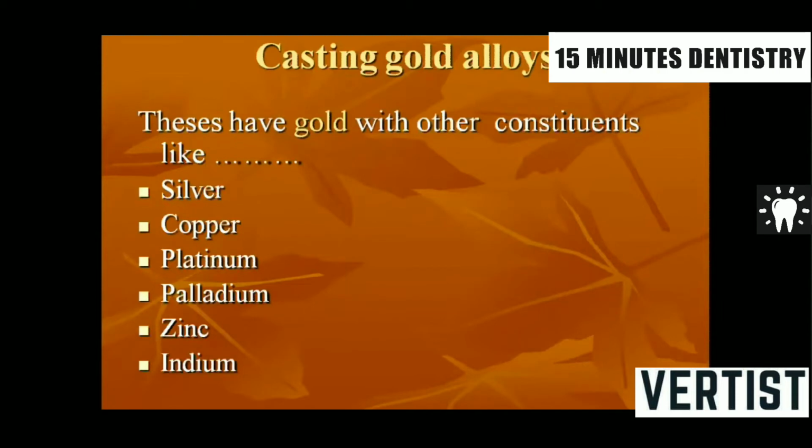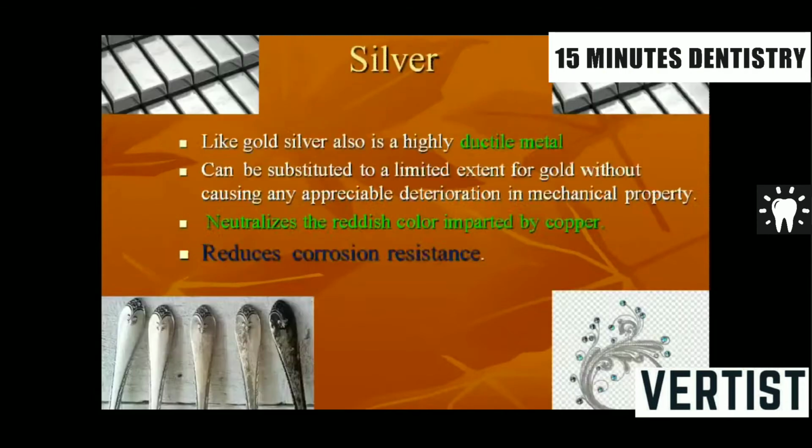So to enhance the mechanical performance of the gold, these are the metals which are added into the gold to fabricate cast gold alloys. So we are here studying cast gold alloys today. The metals added are silver, copper, platinum, palladium, zinc, and indium. At second year level, you are at the most supposed to know the names and primary role of each of the constituents. If at all you really want to study, you may know the exact percentages and the role played by each of them.